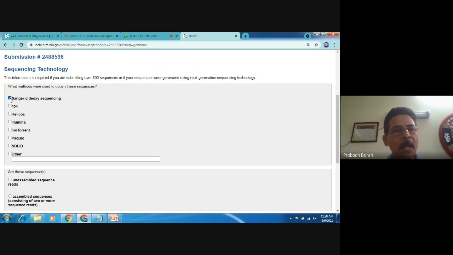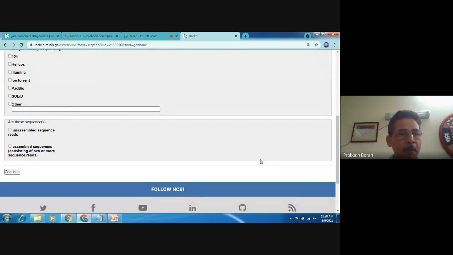But if you have a whole genome sequence, an assembled whole genome sequence obtained from any NGS platform, then you have to click on the specific NGS platform that you have used. Whether you have used Helicos, Illumina, Ion Torrent, PacBio, or any other platform, you have to specify. But in our case, it will be Sanger's sequencing technology, so we have clicked on the first option. Then next it is asking whether it is an unassembled sequence